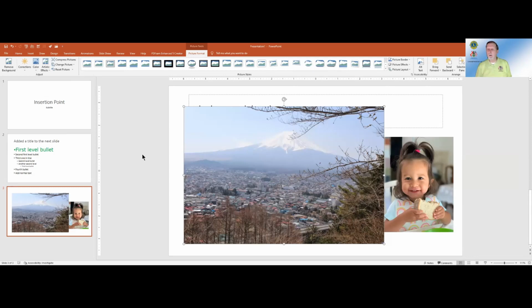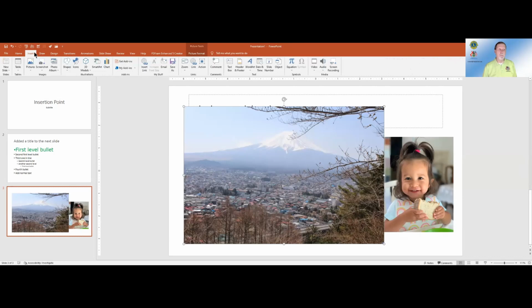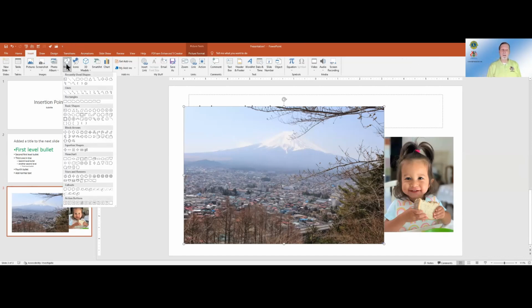One more thing that I want to do is insert what is called a shape. So again, I go to my Insert tab. From the Insert tab, a little bit further to the right is my Shapes menu, and I see that I've got a whole bunch of different shapes. And I'm also rethinking myself. I don't have a whole lot of room on this slide. Well, I can make those pictures smaller.